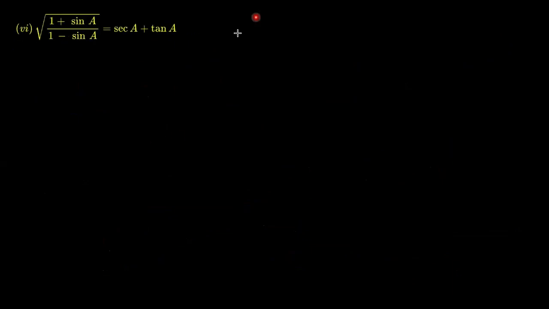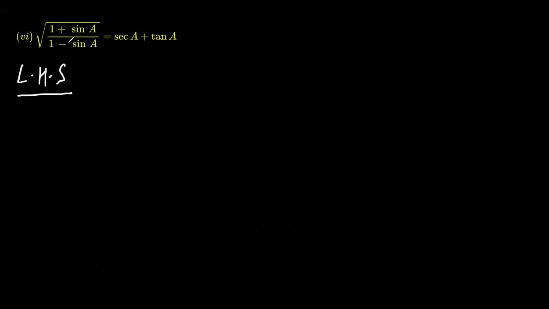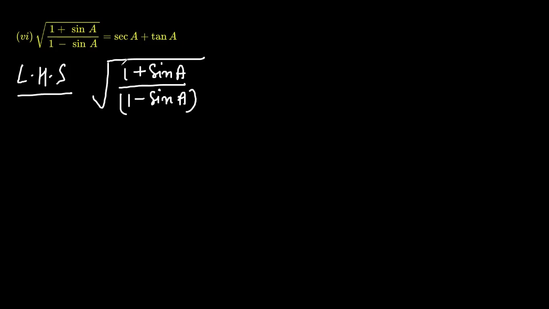Next is the square root of 1 plus sine A divided by 1 minus sine A equal to sec A plus tan A. We can start from the left hand side, and we can see the square root in the left hand side. So that means it is 1 plus sine A divided by 1 minus sine A. We are going to maintain this positive sign, 1 plus sine A, and this positive sign. So these two signs are maintained. That means we are going to